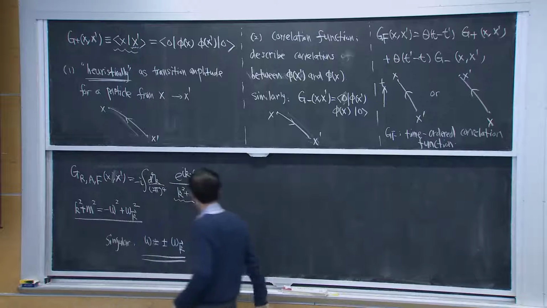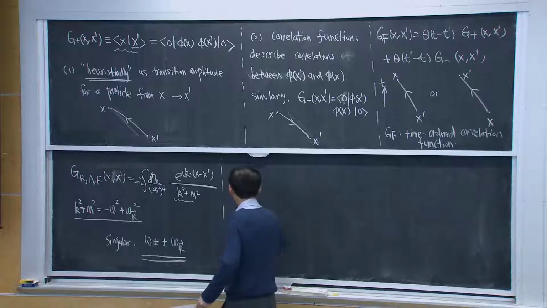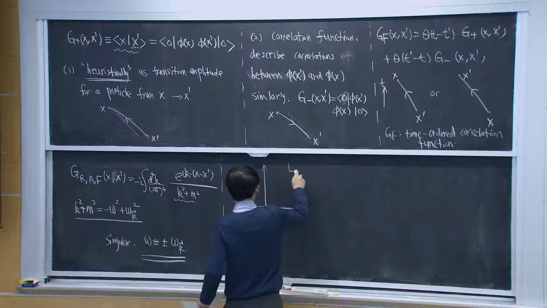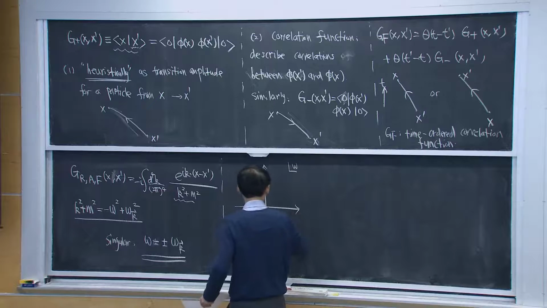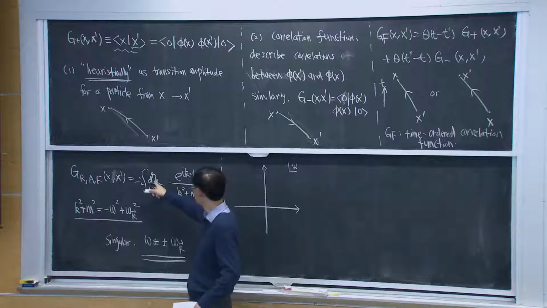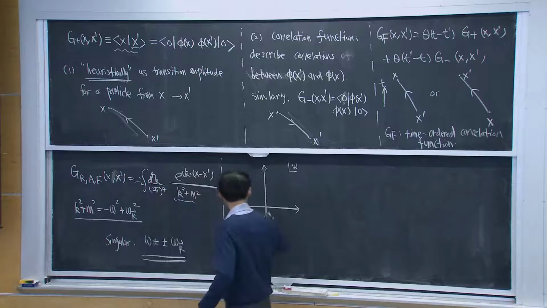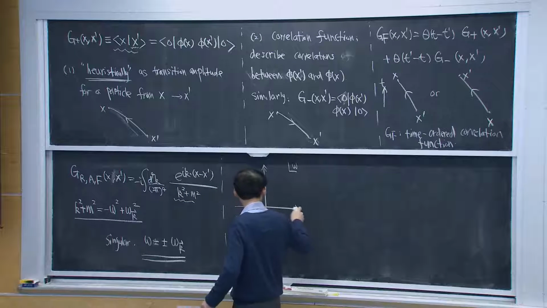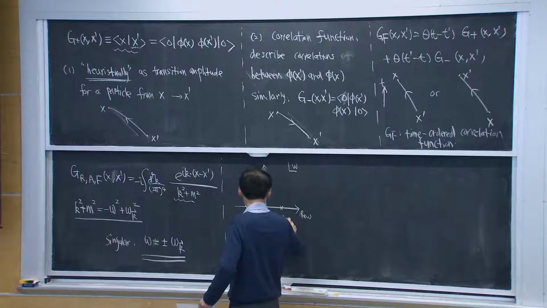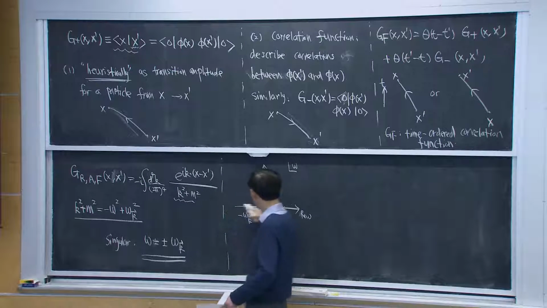Okay. And the singularity lies on the integration contour if we consider a complex omega plane. And so here one of the integrals is over omega, and the omega goes along the real axis. So the integration goes along the real axis, and here is minus omega_k. Here is omega_k. Okay, so you have singularities on the integration contour,